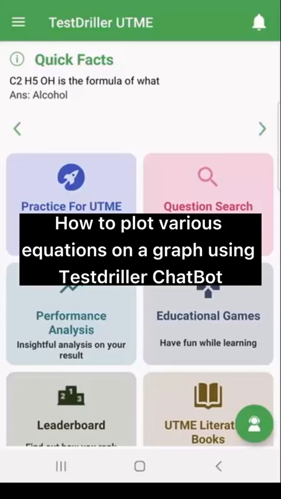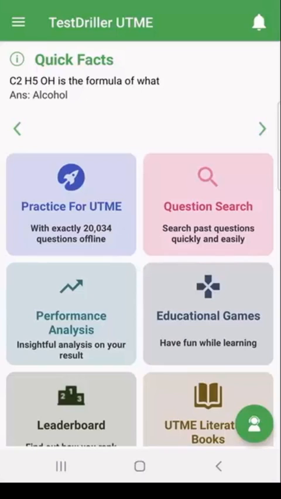Hello everyone. In this video, I'm going to explain how to use the Testdriller ChatBot to plot various equations on a graph. So let's get started. The first thing I'm going to show you is a guide on how to plot an equation. In subsequent videos, I'll explain different ways you can plot sophisticated graphs and also how you can add other effects to it. So let's first start with the steps to be taken to plot a basic